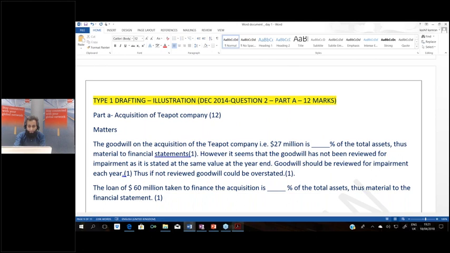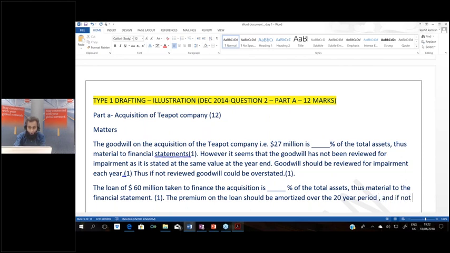After the full stop, I'll say the premium on the loan should be amortized over the 20-year period as part of the finance. The premium should be amortized over the 20-year period,